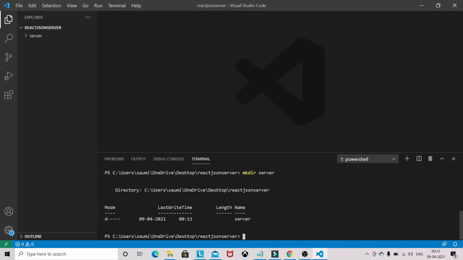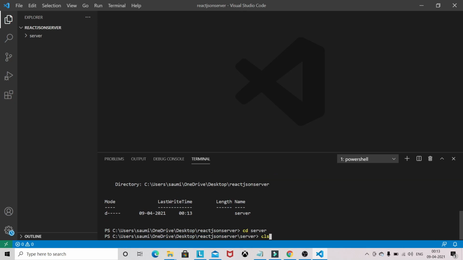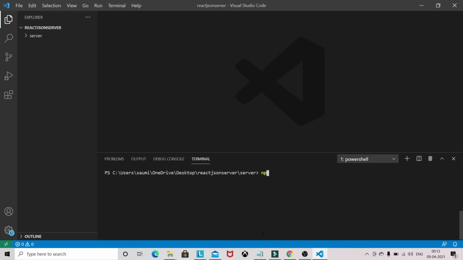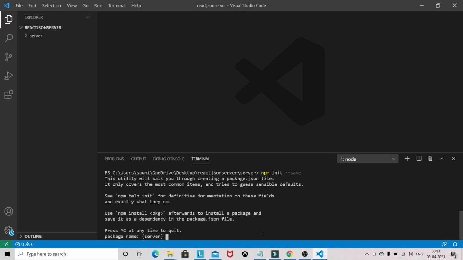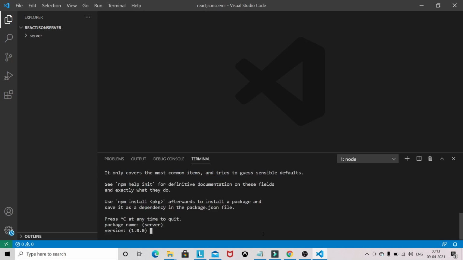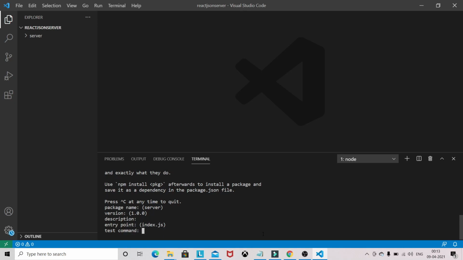I will set up the server, and I will go inside this folder, cd server, and I will create one empty package.json file to install the package with the help of npm.